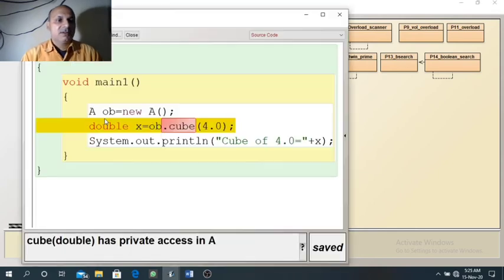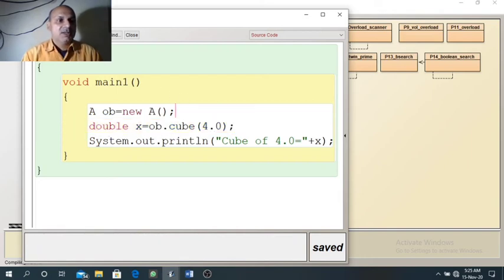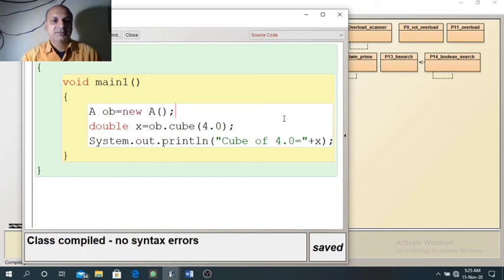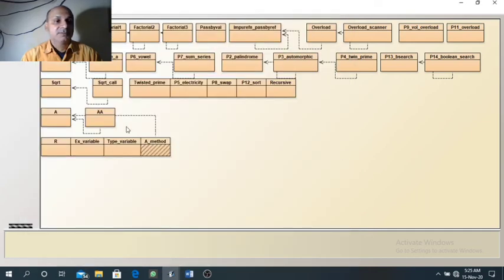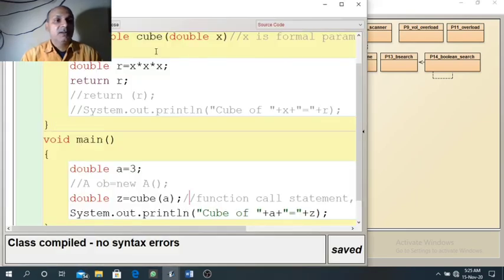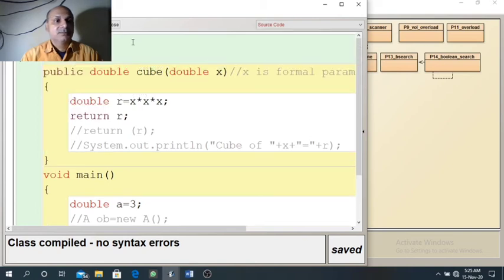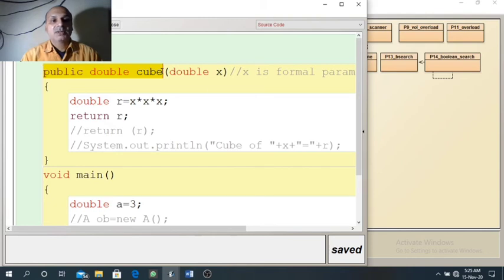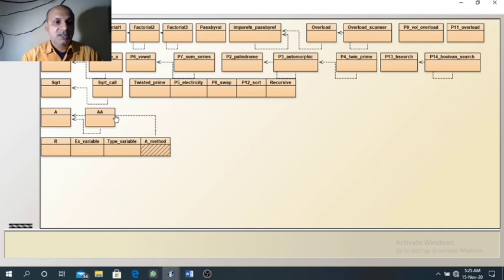Now if we compile it now, here you can see it is showing no syntax error. The reason is cube function is made public here. So public function can be used not only in the same class, but it can be used outside the class also.